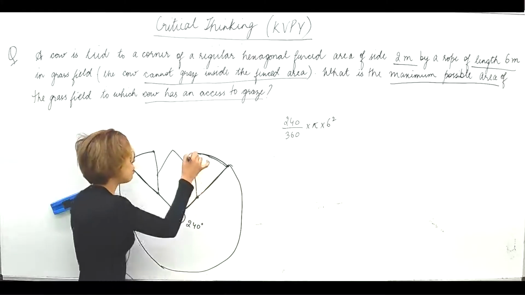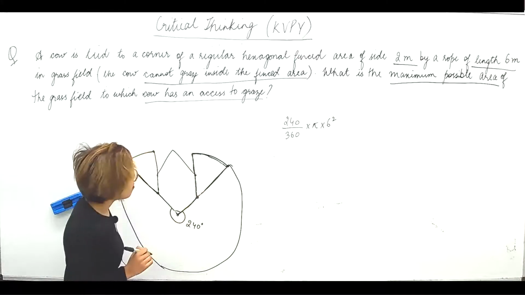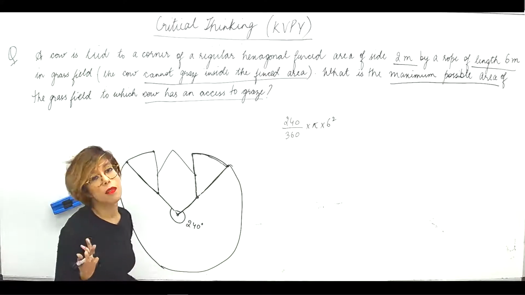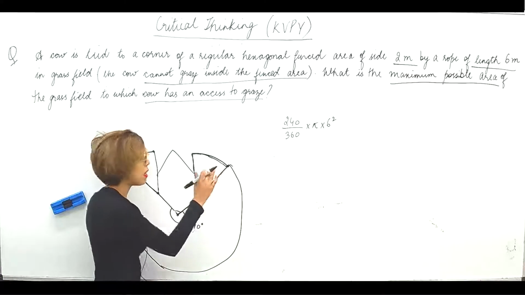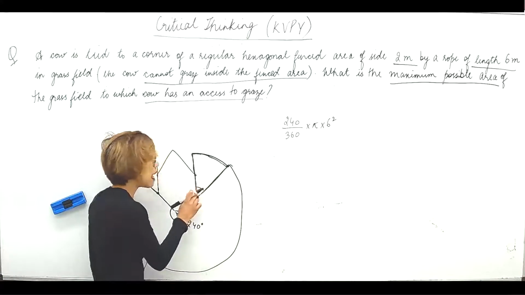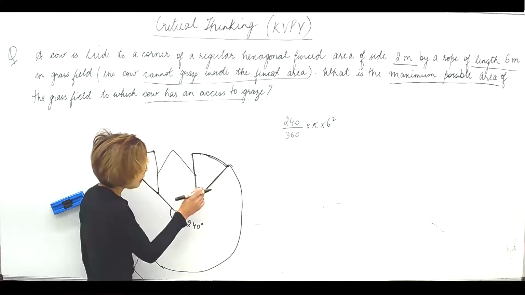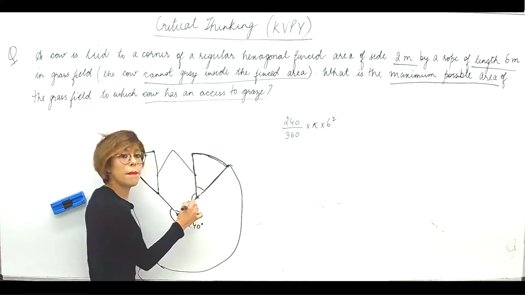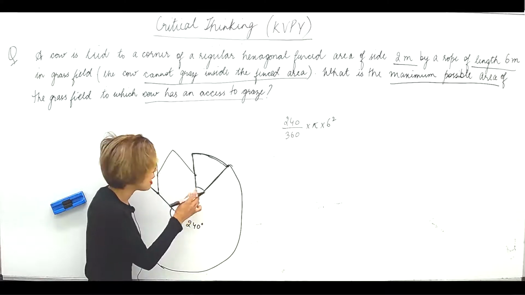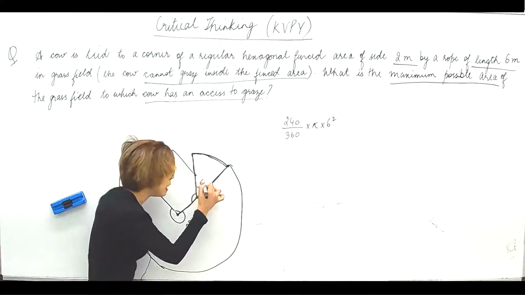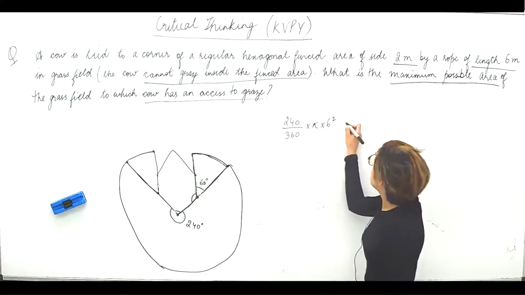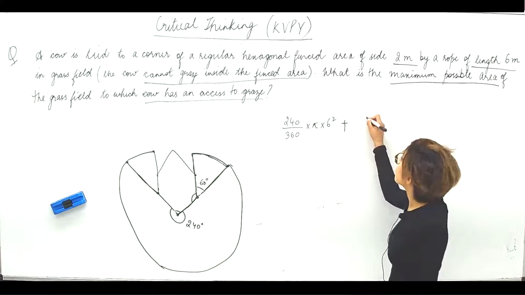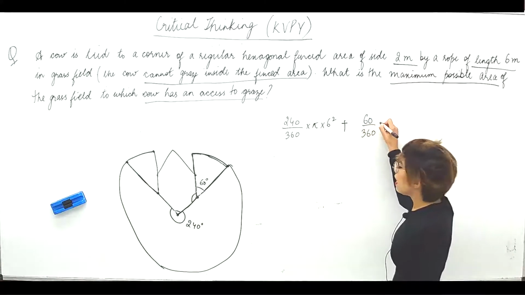Now this, what does it look like? It does look like a pizza slice, but unfortunately, it is nothing but the sector. Now I know the radius, that is 4, so I'm only interested in this angle. This angle can be easily found out if I know this angle. This angle is obviously the angle of a regular hexagon, that is 120 degrees. So that means this is 60 degrees. So the area of this sector is plus, because I'm adding the area, 60 by 360 into pi